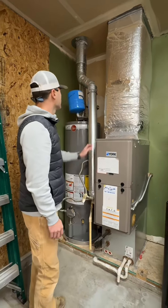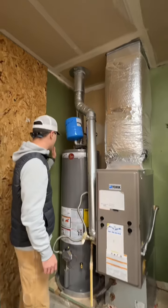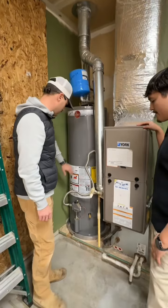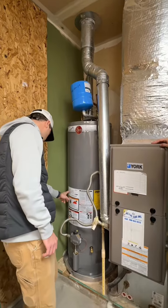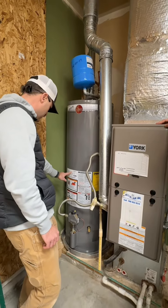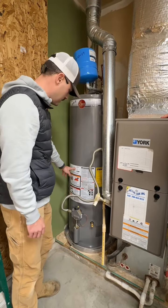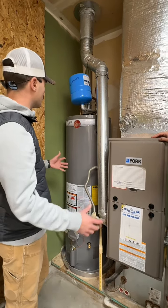Okay. And how about with water heaters? Water heaters, we're always looking at, obviously, age, same thing as the furnace. In this case, it looks like we have indicated here it's a 2019. We can double check that on the serial number as well, in case this one actually has a manufacturing date, so that's 2019. Fairly new for the age of the home. We're looking for any sort of corrosion. In this